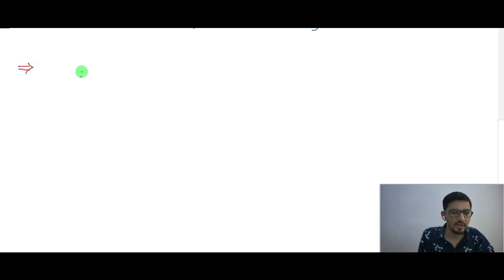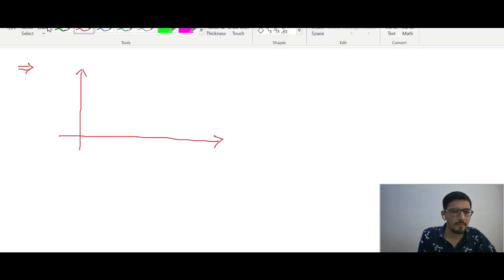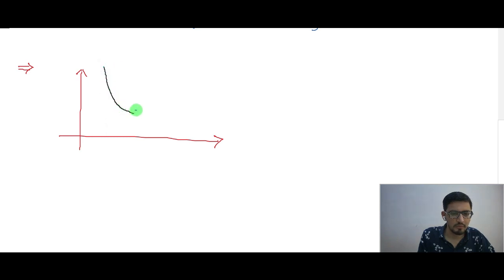So, let me take one simple example. Okay, one graph if I am drawing here, say something like this. Yeah, this simple one, what we can say a parabola I am drawing like this. Okay, assume it is going towards infinity. Okay, and this value assume for example 2. Okay, and this corresponding value, any random value I'm taking, for example 7.